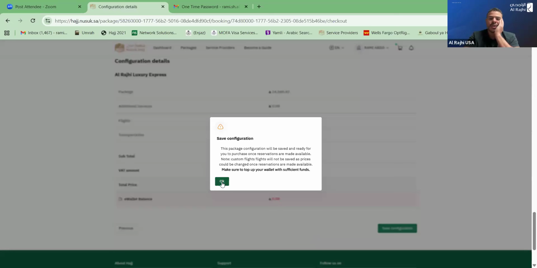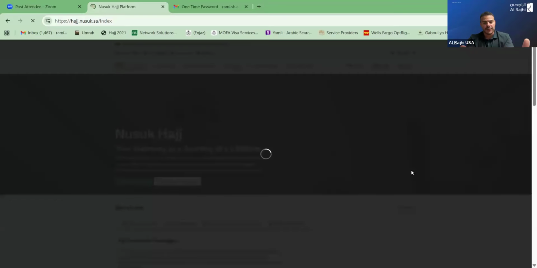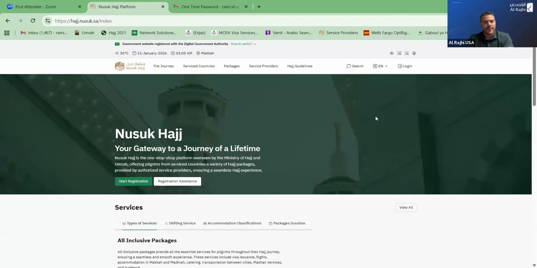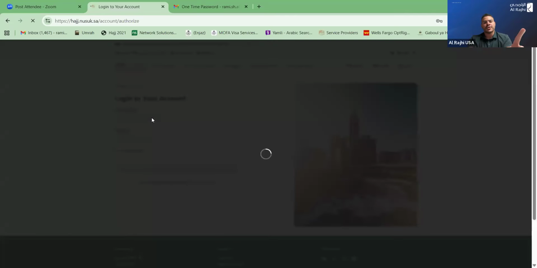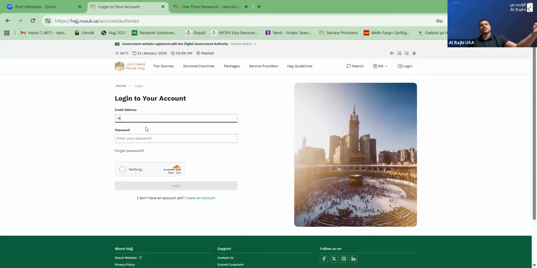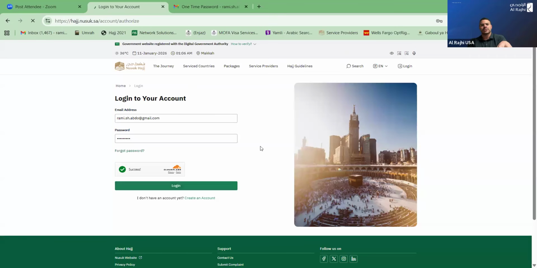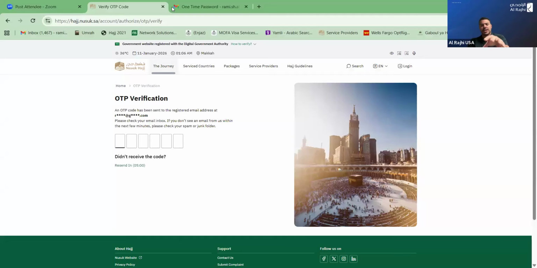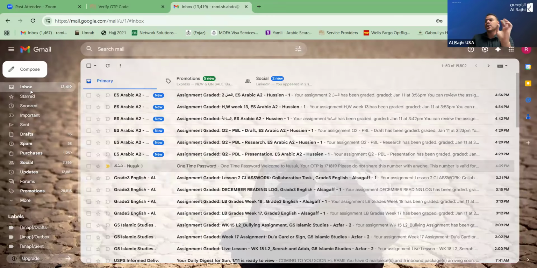Add to that, Rami. What you want to do over the next few weeks is go through all of the Rajhi programs, configure all of them, see all the costs for all of them, heart your top four that you want, and then save your first choice and make sure you have enough money in your e-wallet balance to cover all the packages. So for example, if the packages range from 45,000 rial all the way to 55,000 rial, you want to make sure you have 55,000 rial in your e-wallet. So the most expensive, even if it's not your first choice, if your first choice is 45, still have the 55 in there,